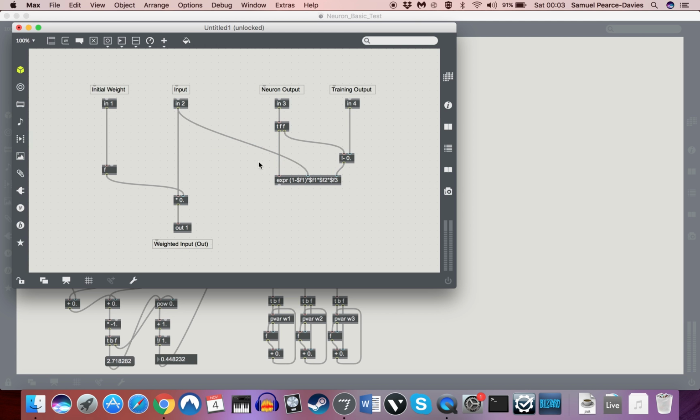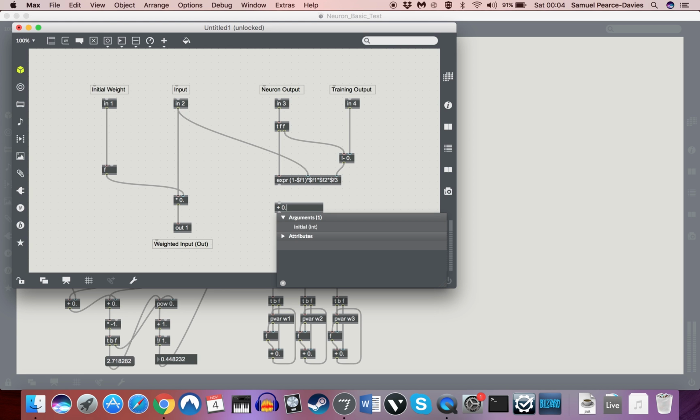Now the reason we're doing this and not putting the input in first is the neuron output is going to be the last of these 3 values that enters the neuron, because it's going to send the input in, and then obviously it will send out the weighted input, add those all together, do a bit of stuff to them with the sigmoid function, send it all the way back in, and then this output will trigger the calculation, which is what we want. So then we'll do a plus float object,